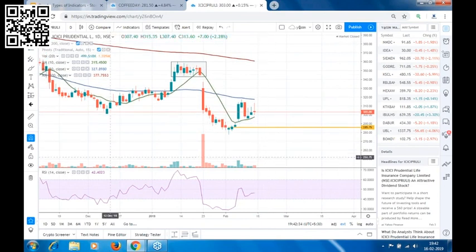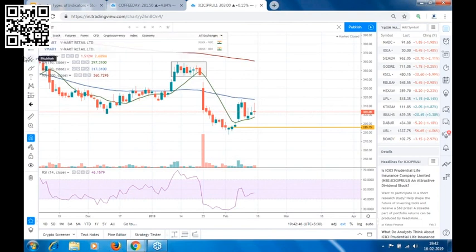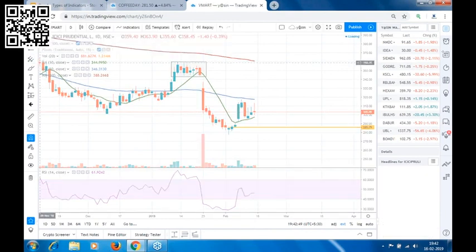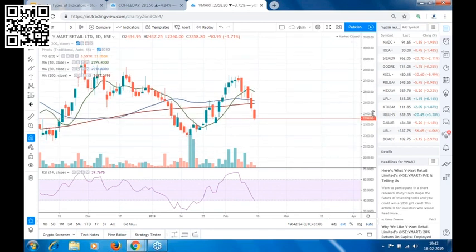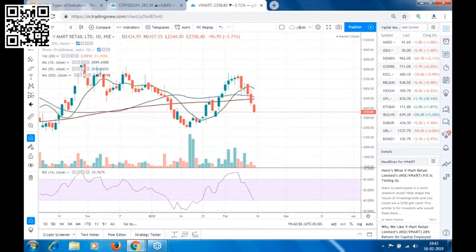Now the second condition is when a stock is taking a support, whether on a 200 moving average or a 50 moving average. Now see, we gave VMART on this day, on 30th Jan. On 31st it was posted on your Telegram channel. See the price rejection from the lower level in the stock, and the stock closed above 200 moving average. And this is a bullish candle.